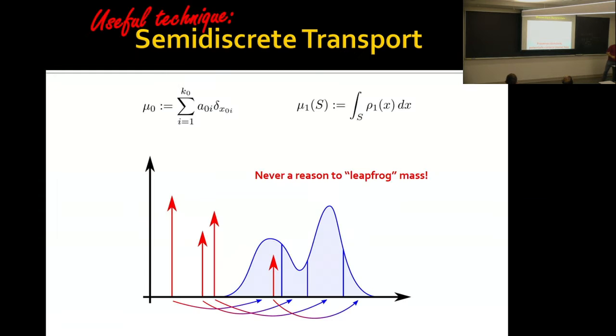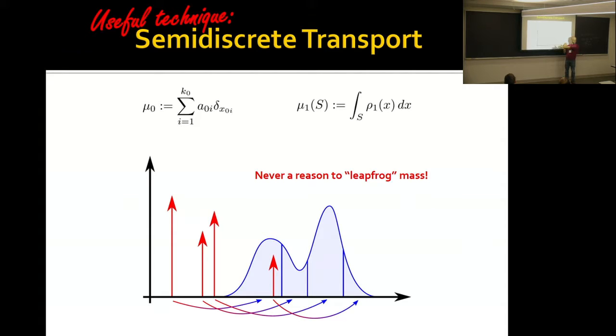Okay, so our useful technique here is going to be to use a technique called semi-discrete transport. And David is familiar with these sorts of tools. And the basic observation here is that let's say that I have 2 probability distributions and I want to measure their transport distance. And one of my distributions is composed of a finite number of points. The other one I can't say anything about. Maybe it's smooth, maybe it's not. We don't know. Now, initially, it looks like this optimization problem is infinite dimensional, right? I need a source point for every one of these blue points in that Wasserstein problem. But it turns out not to be the case.